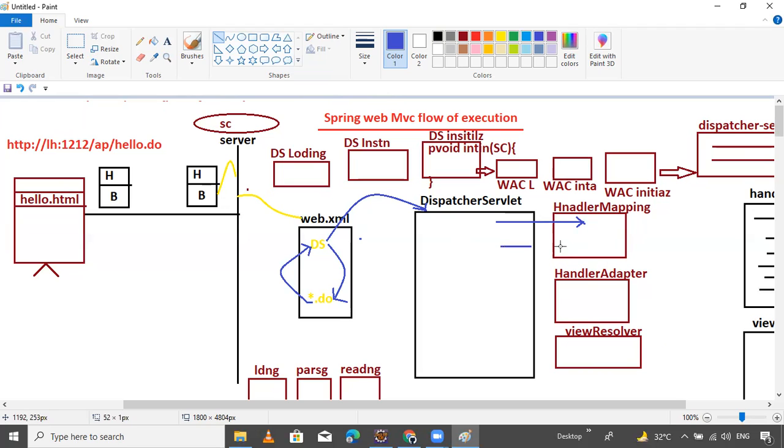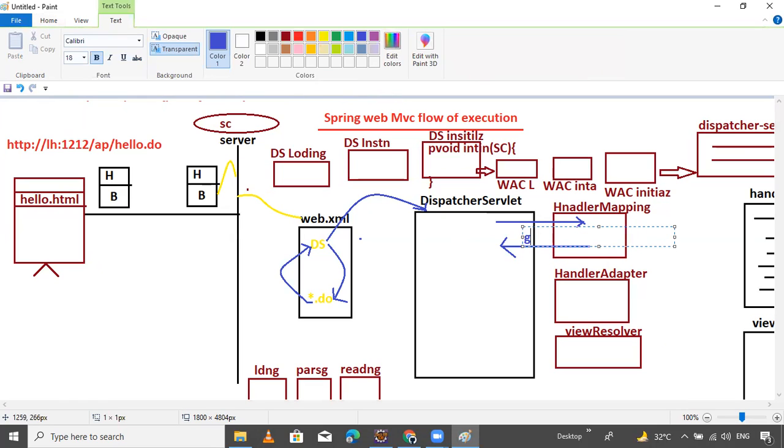The dispatcher servlet interacts with the handler mapping object to get the handler or controller object, by executing which method?